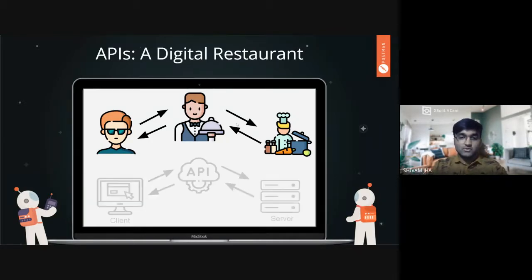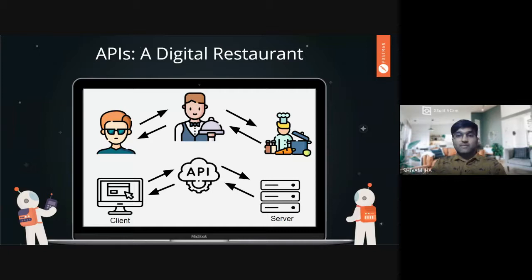Same is the analogy with APIs. Imagine tech giants like maybe Twitter or Google. You don't have direct access to their code bases. You have access to their APIs. Just like the waiters, they provide a medium for communication between you and the chef indirectly. That's the use of APIs in our day-to-day tech environment. APIs communicate your request to the servers. The Google or Twitter servers, who have the code bases, won't share their code directly with you, but you can interact with their code using their APIs.